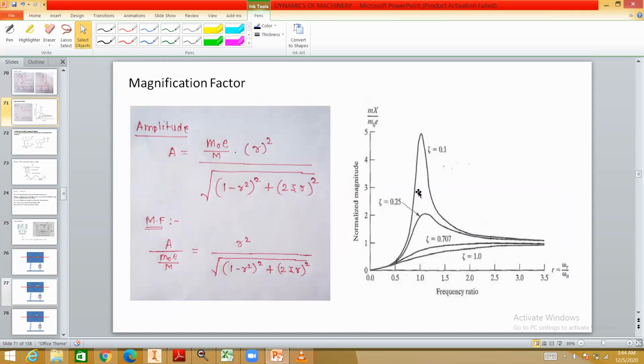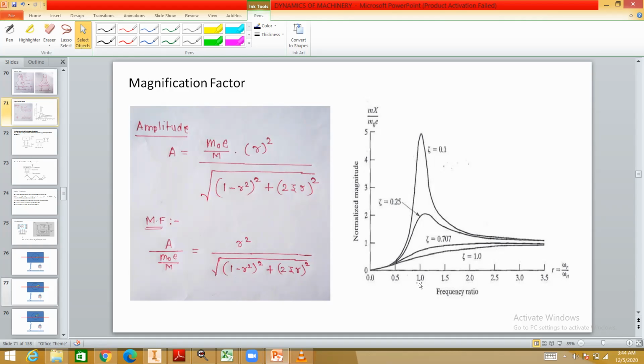Here you can see we get the peak value at the frequency near about the resonant condition. So one means what? This is called the frequency ratio, on the x-axis. That is nothing but omega upon omega n. So omega in the numerator is the frequency of the excitation, and omega n is the natural frequency. So when this ratio becomes 1,